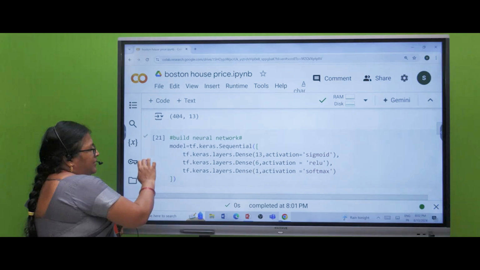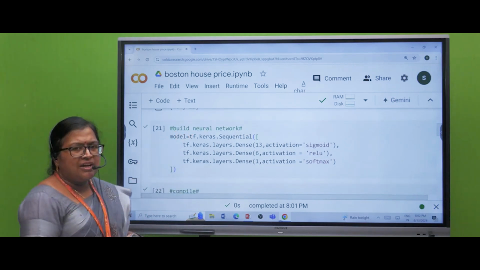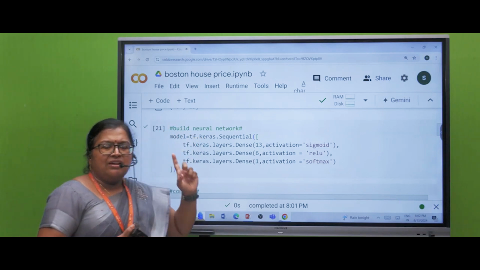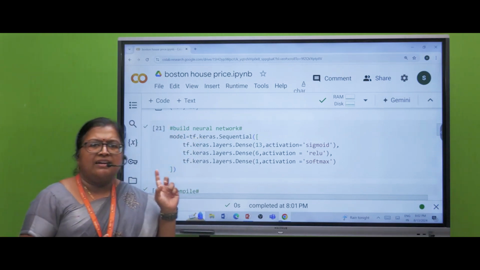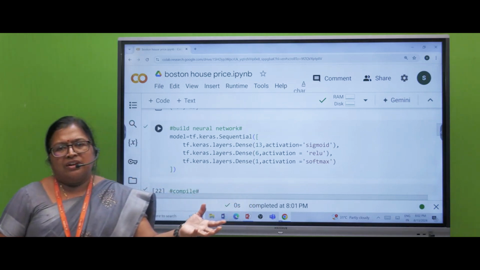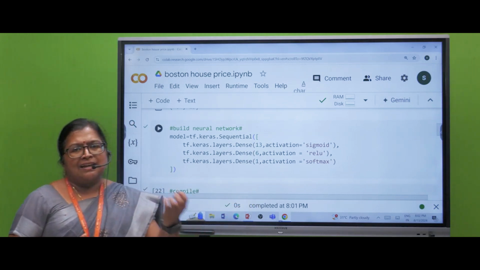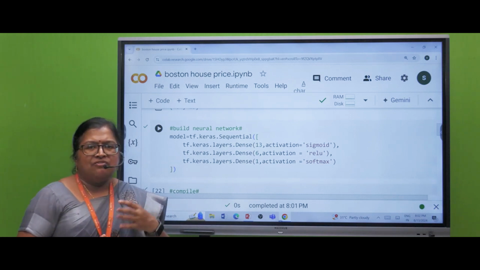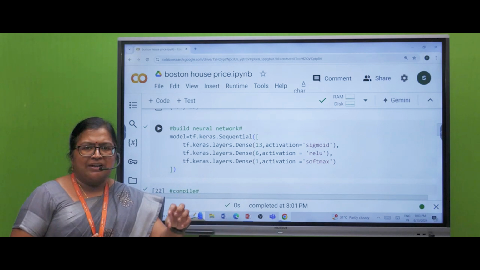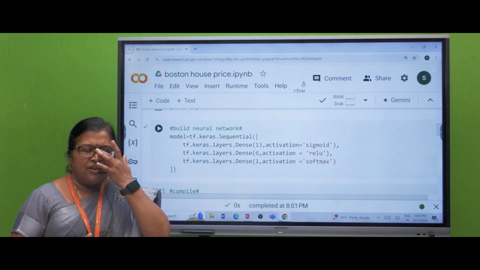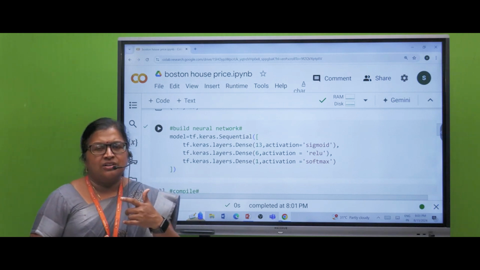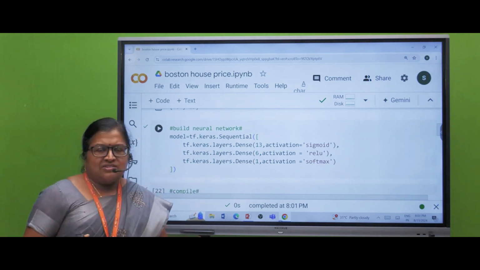The next thing is building the model. Here machine learning and deep learning differ. In machine learning, if you remember, we imported the sklearn library, and from it whatever algorithm we are going to use, and then we fitted our X train and Y train to that algorithm. Suppose it is linear regression: we imported linear regression and gave linear regression dot fit with X train and Y train.